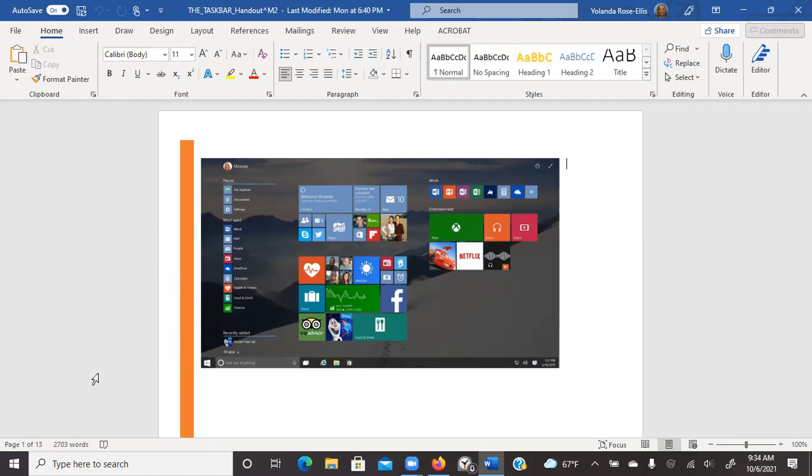So we're going to use the navigation pane to go to the page that we want. We could either do control page down, or we could use the navigation pane. Today, we're going to use the navigation pane. So to get to the navigation pane, go down to the lower left corner, right above